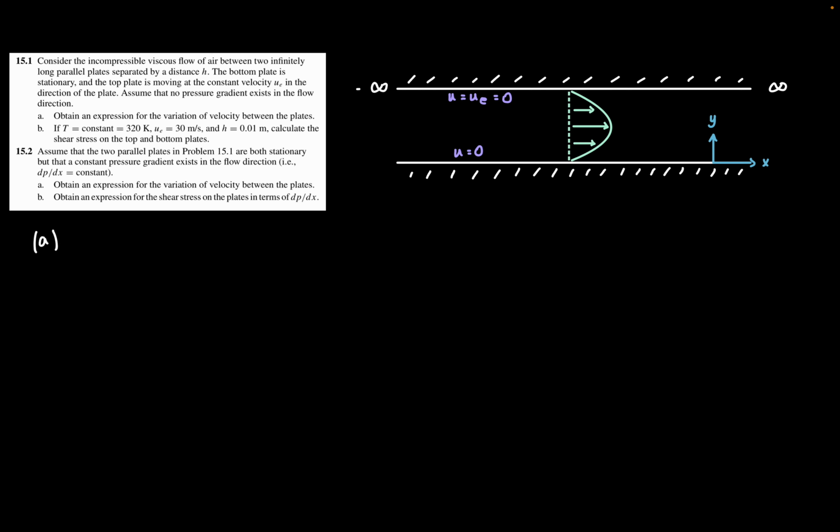So for part A, we can say, since the layers are infinite, that u is going to be a function of y only. The velocity in the y direction is going to be equal to 0. And since we have a pressure gradient, we can say that pressure is actually going to be a function of x. So last time what we did was we started out by defining the x momentum equation